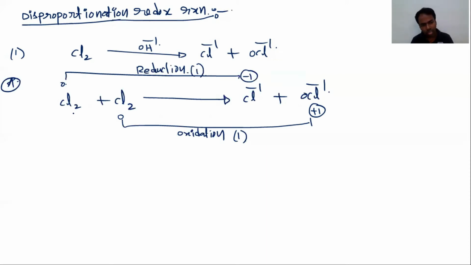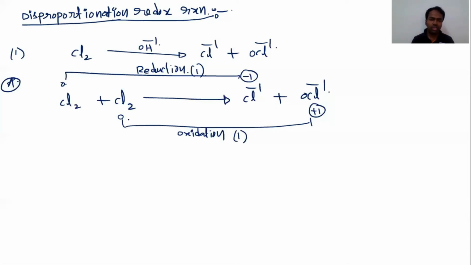But you get the doubt here: Cl2 means 2 chlorines are there, so multiply by 2 here, and here also by 2. When you put ×2 on both sides, there is no difference, so there's no need to take the ×2 here. Then what is the next step? The increase and decrease are both equal, so no need to multiply.